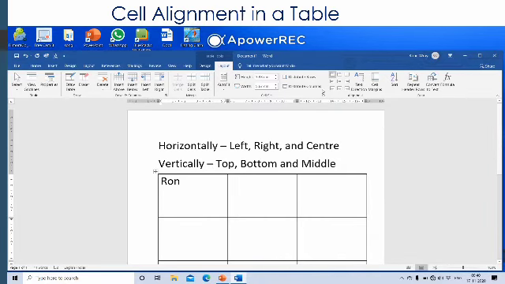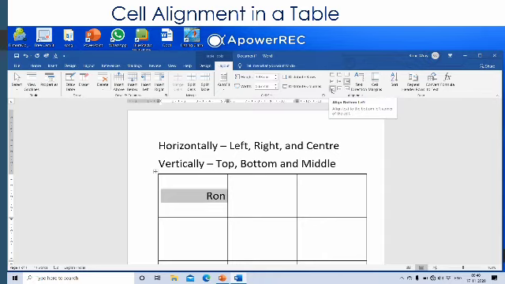We'll now go to top center. See, now it has moved. Top right, again it has moved to the right. Now we'll do the middle one, center left, then center, and then center right.